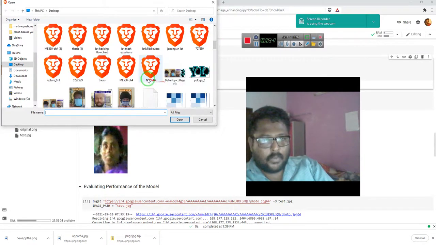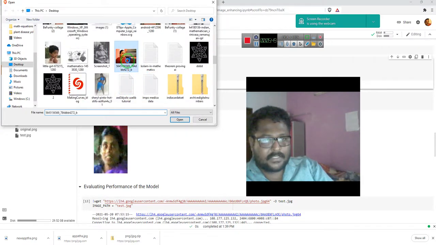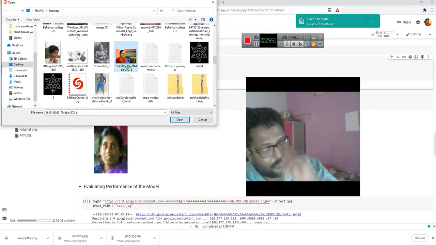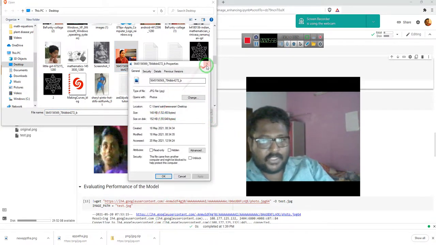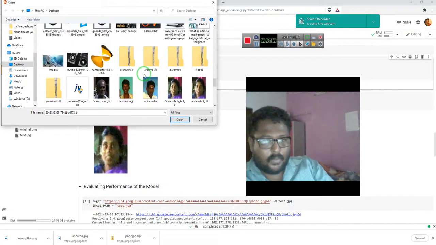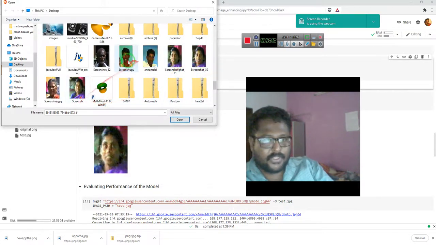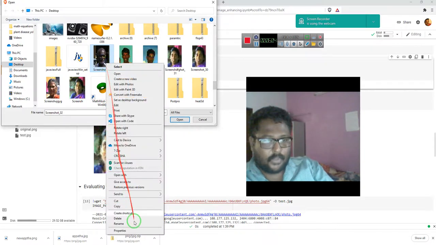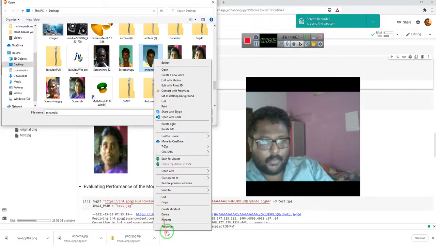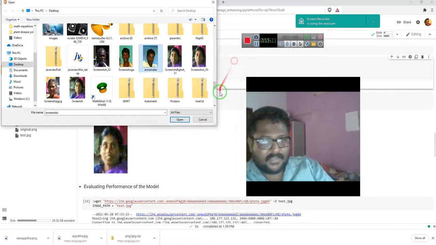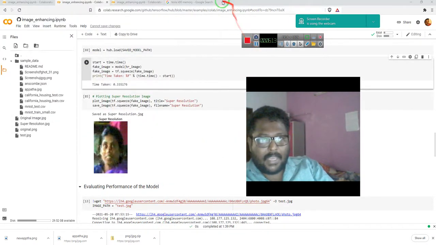So we need a very high memory image. Let's see, we can go with this PNG image. Let's see the properties. It should be at least 2 MB. This is just 148 KB. Maybe this one with lots of details. This is 764 KB. I need a 2 MB one. This is 389. So wait, I'll get a 2 MB. Go for high resolution images.